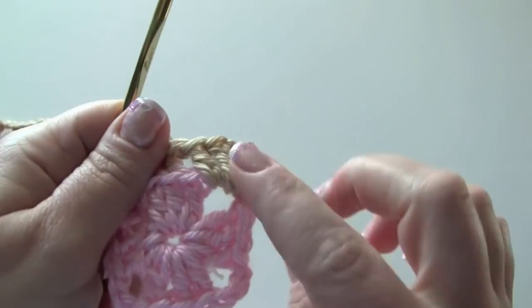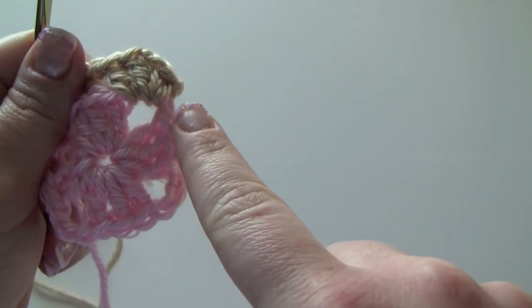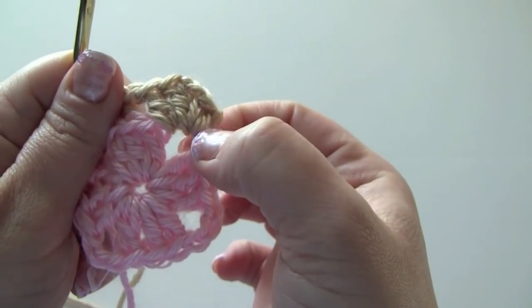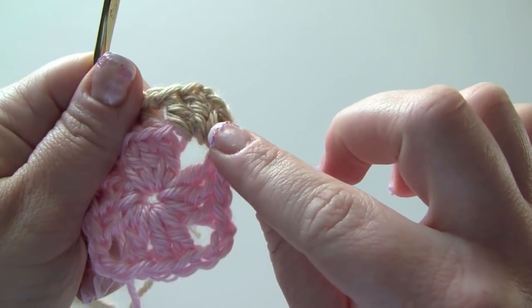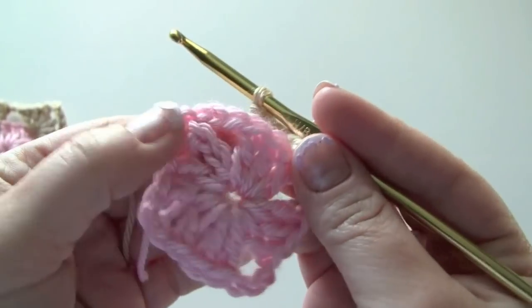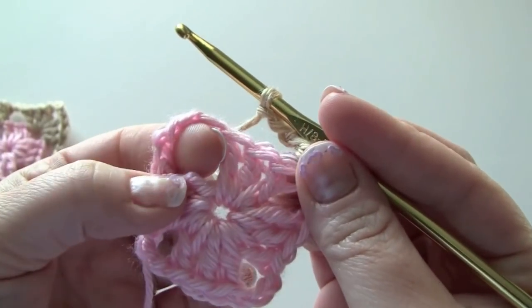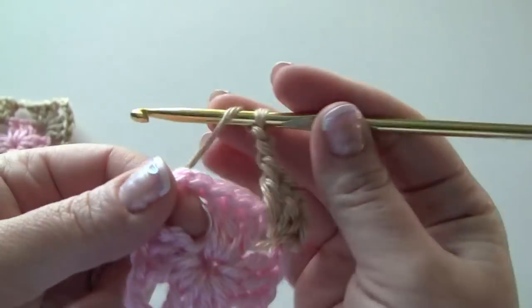This is just the first part of our corner. As we work our way around, when we get to the end of the round, we'll work 3 more double crochets to finish up this first corner. So for our second chain space here, we're going to work our 3 double crochets,